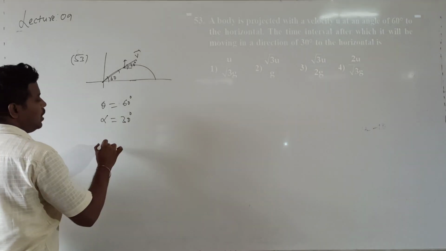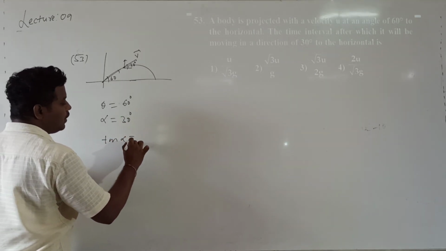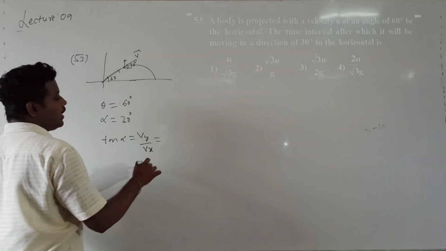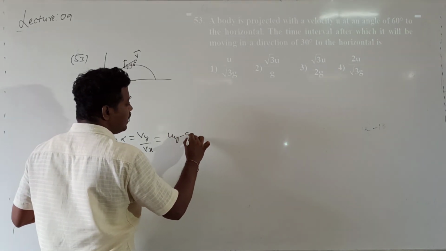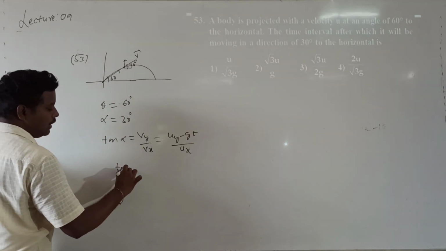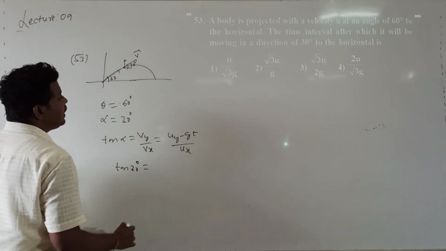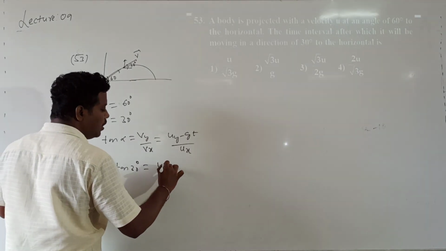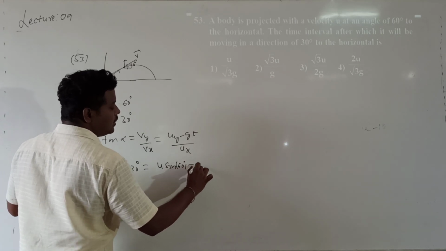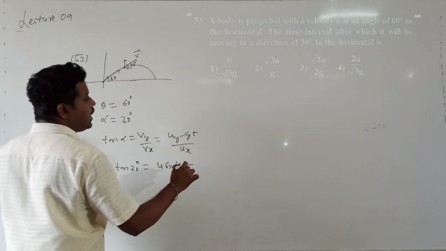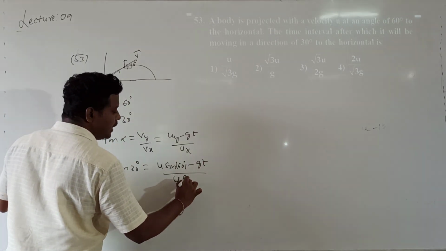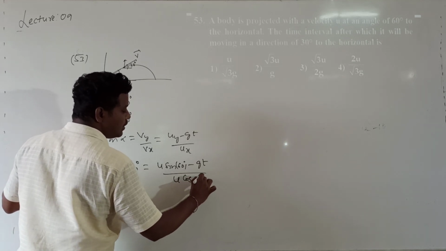Okay? So then what is the formula for tan alpha? Tan alpha is equal to Vy divided by Vx. Vy is the velocity after t seconds, so Vy is equal to Uy minus gt, and Vx is equal to Ux. So here, with alpha given as 30 degrees, tan 30 degrees is equal to Uy, which is u sin theta, theta being 60 degrees, minus g into t. We only want to calculate t. Divided by Ux, which is u cos theta, the angle of projection, cos 60 degrees. Right?